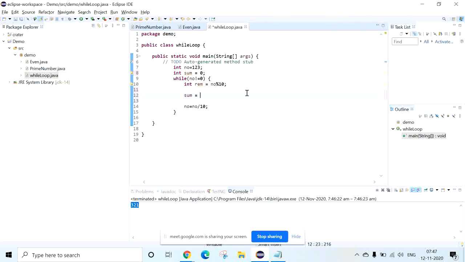So sum into 10, then we need to add the remainder. This logic should work to make 3, 2, 1 as 321.